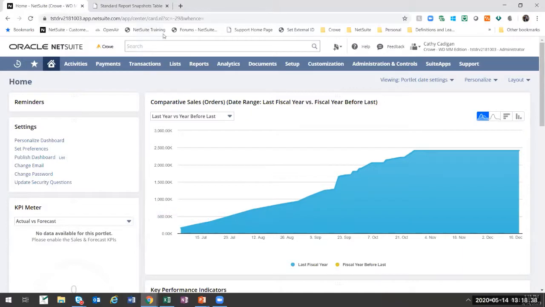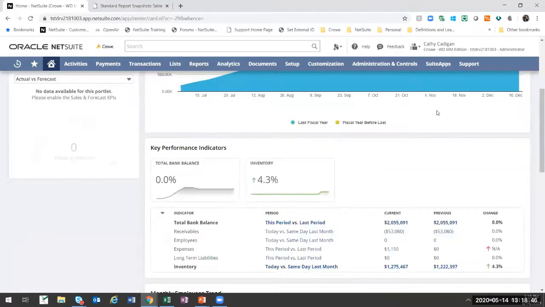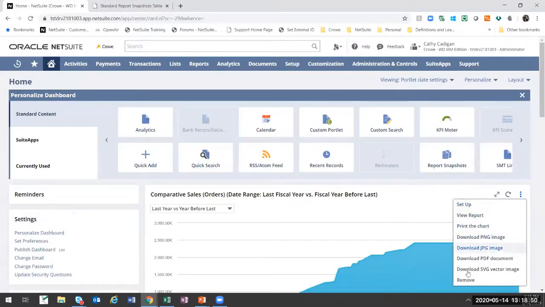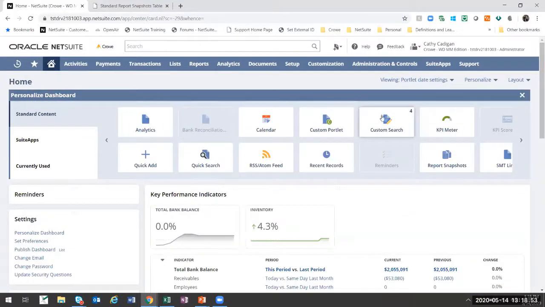The next is how to add a saved search. So we talked about saved searches before. How to add a saved search, but basically if you come to personalize, I'm going to remove this one to save some space. You'll have a custom search